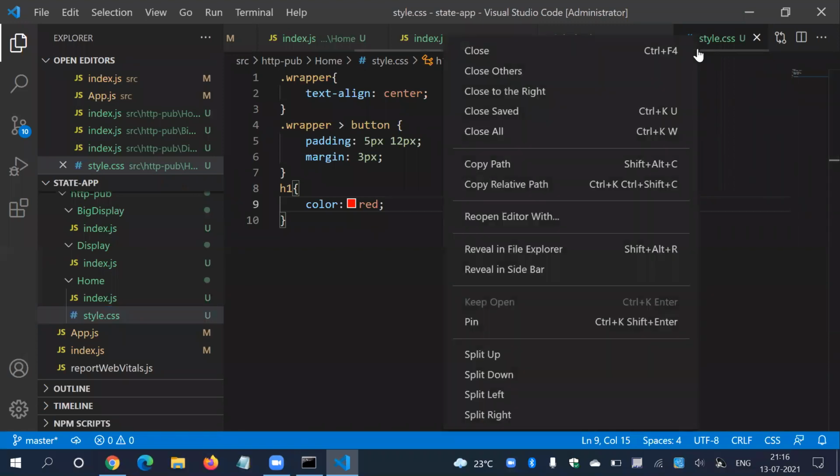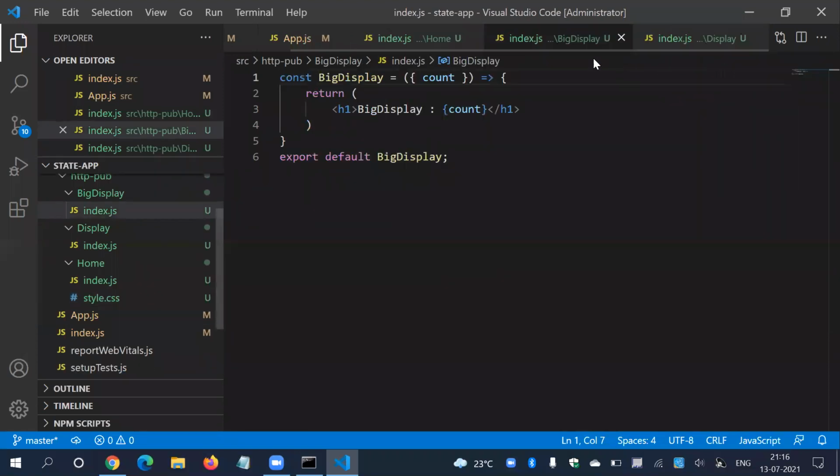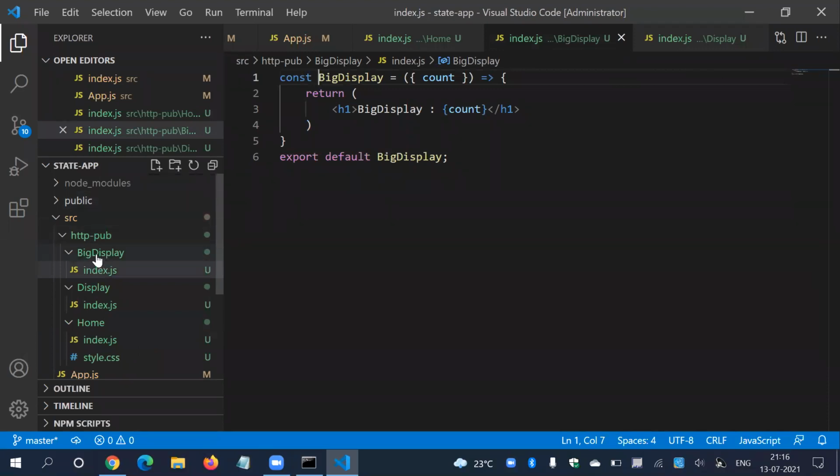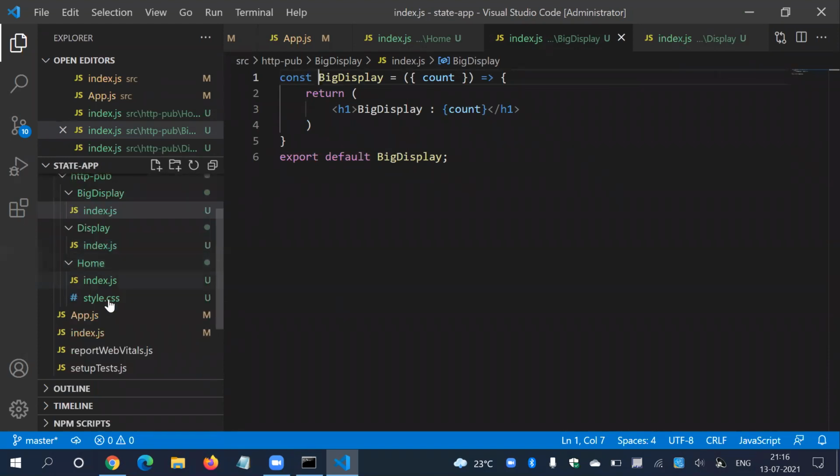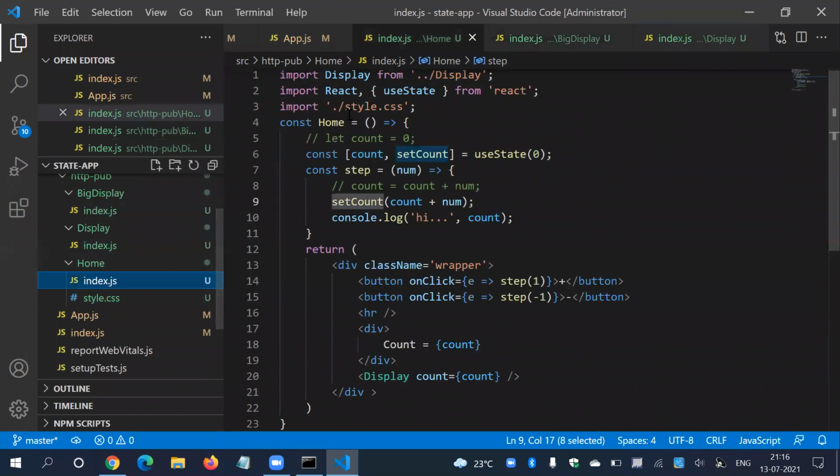So this is all about today, and we learned so many things today. Actually, what you learned: create a component by folder name and add index. No need to create files. That is our first approach. Second thing, we learned how to use style. If we apply style over here, how to import it in the component. Third thing, we learned